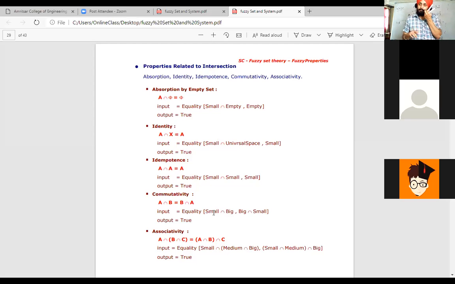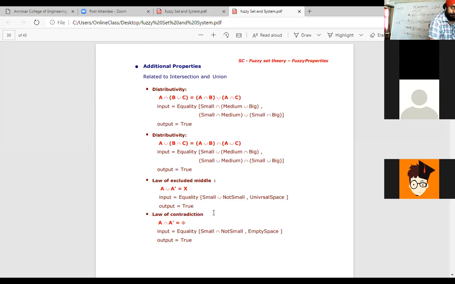A intersection A is A. A intersection B is equal to B intersection A. Then the associative property: (A intersection B) intersection C is A intersection (B intersection C). Some additional properties, De Morgan's law type: A intersection (B union C) is (A intersection B) union (A intersection C). So you can be given A, B, C, D and asked to prove the distributive property.